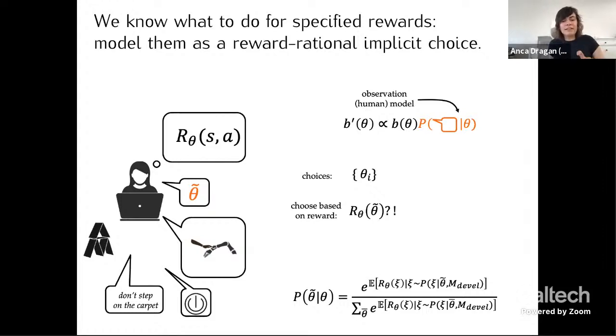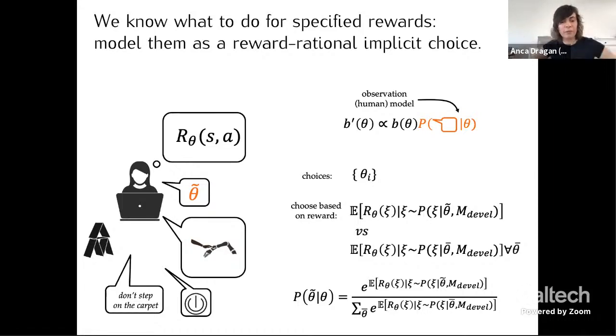And so the way we did this in this inverse reward design framework is we said a theta tilde maps really to the trajectories that theta tilde induces in the development set. And those are the ones that should have high reward. And so basically what this model that we've been talking about was saying is just, you're going to look implicitly at theta tilde, you're going to look at other thetas, you're going to look at the reward of the optimal trajectories they induce with respect to your reward, and you're going to pick the best, approximately, again, with this sort of Boltzmann distribution. And so three feedback types now are kind of the same.